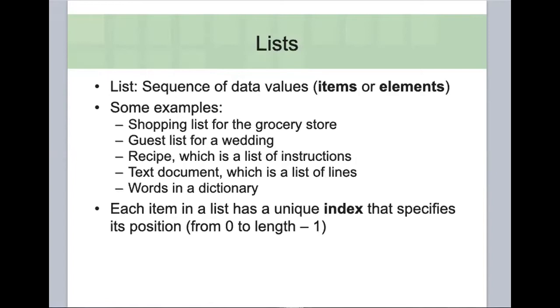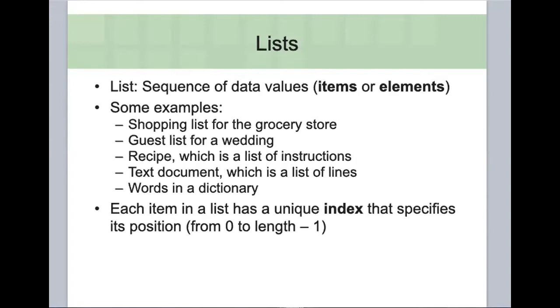So the logical structure of a list is similar to the structure of a string. Each of these items in a list is ordered by position. Like a character in a string, each item in the list has a unique index that specifies that position. So the index of the first item is 0, and the index of the last item is the length of the list minus 1. As sequences, lists and strings share many of the same operators, but include a different set of